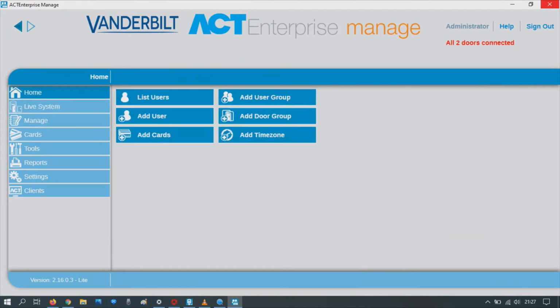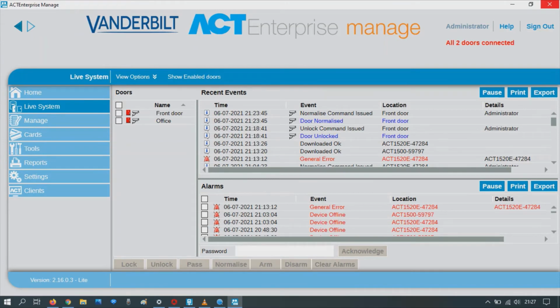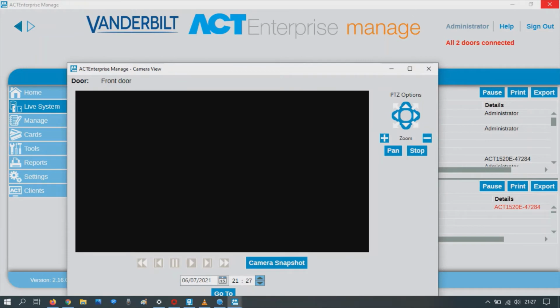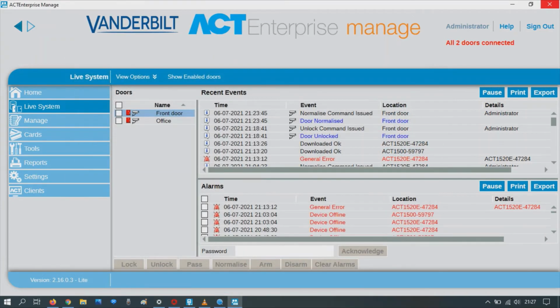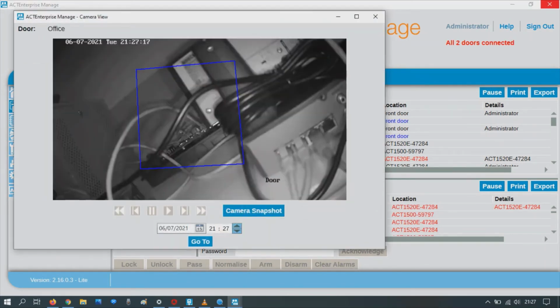So let's go to the live system in ACT Manage now. If we click on that camera icon, it opens a new window, and we have a live view of the camera. That's the ODSP reader, the Bluetooth reader. This one's in mono for some reason, and you can just about make out the ACT 1030 reader there, set above the back of the MVR.